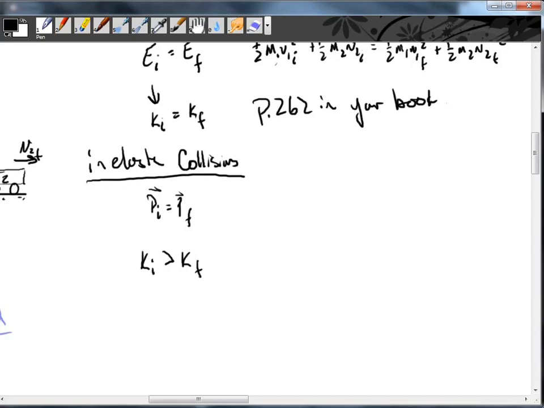All right, that is where we get our inelastic collisions. These are infinitely easier to solve, and as long as you grasp firmly the idea that momentum is always conserved, always under all